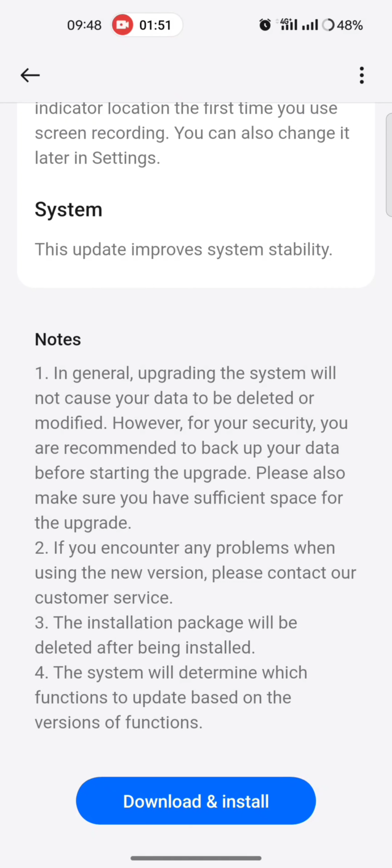If you encounter any problem when using the new version, please contact our system customer service. The installation package will be deleted after installation. The system will determine which function to update based on the version of functions.